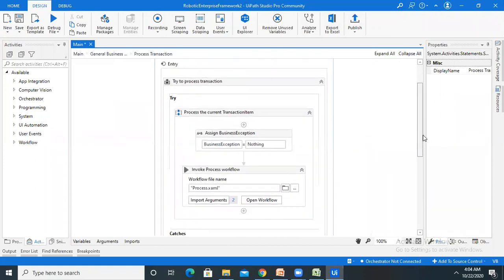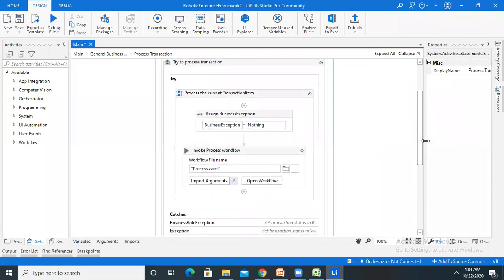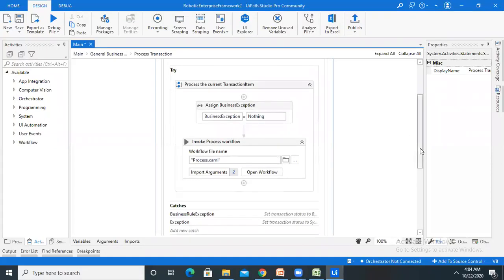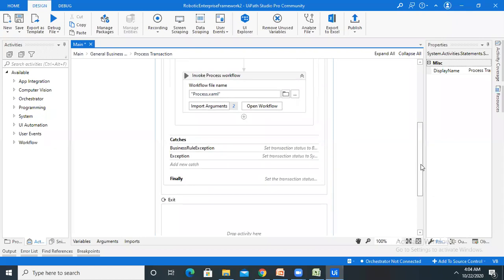So now you can see here, the process current transaction is basically showing the business exception where we have seen that transition. Where a business exception occurs, it will show a nothing code declared and return back to the end process, or return back to the previous process. And definitely it is also handling the finally and catch block.